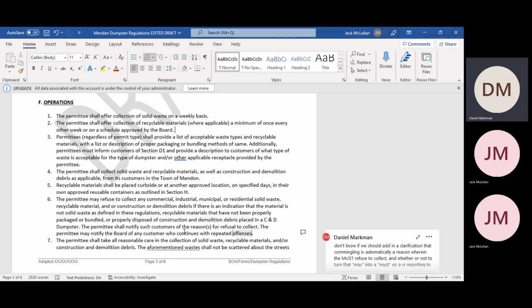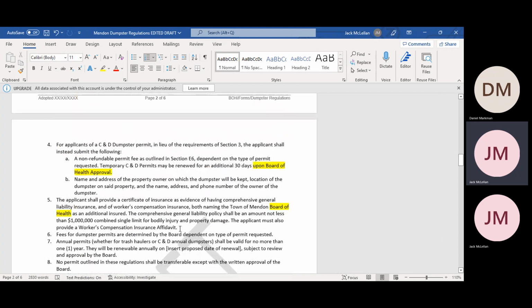level of control only applies to residential. So if you put it in under dumpsters, you can basically say dumpsters placed on a residential property may not occupy that space for a period exceeding such and such without Board of Health approval. I think that's what we're trying to do. Yeah. Right, that's exactly